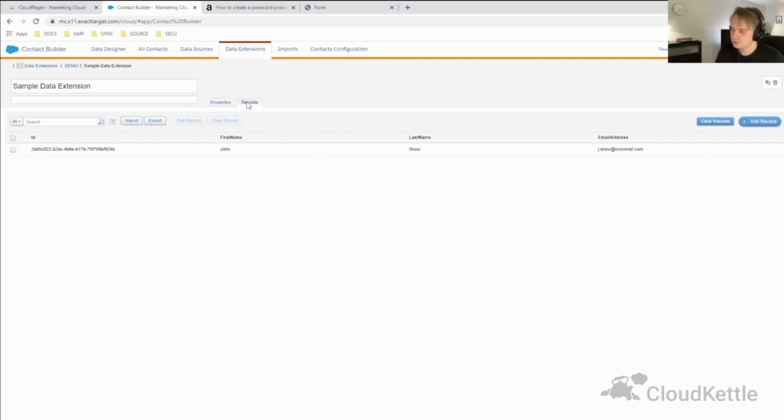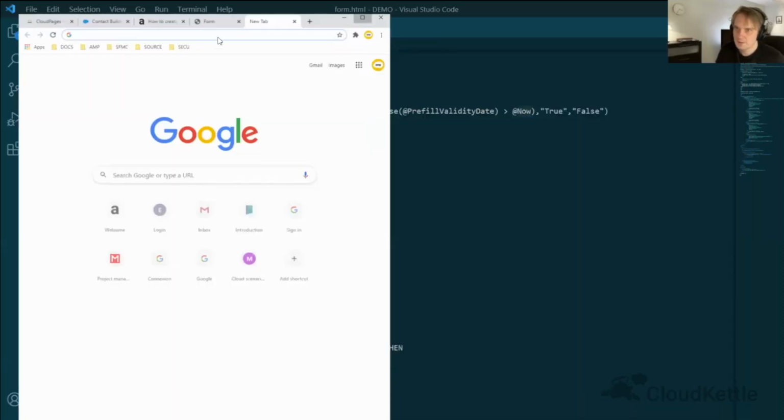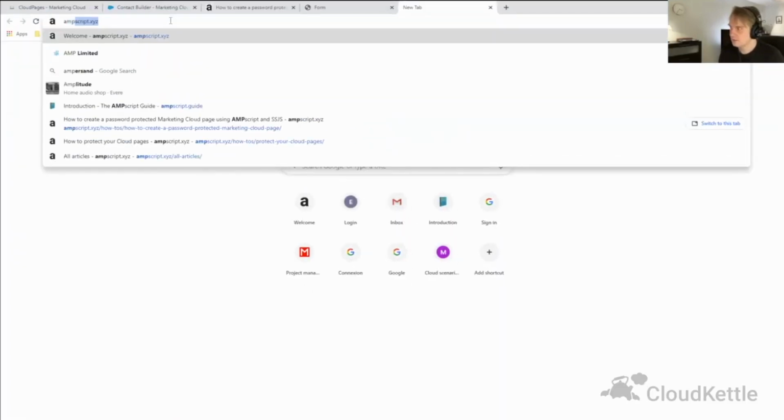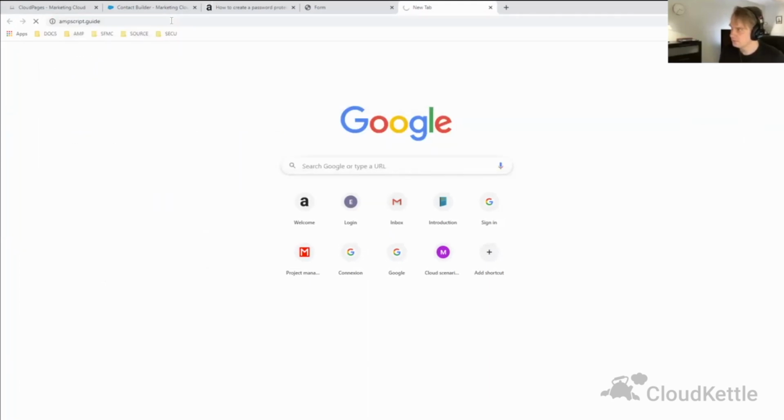So if you have to store a password, you have to first hash it. When hashing a password and storing it in the data extension, you need to think about the different functions that are available to us in the AMPscript language. And there are at least a couple of them that you should never be using. So if I take the AMPscript guide,